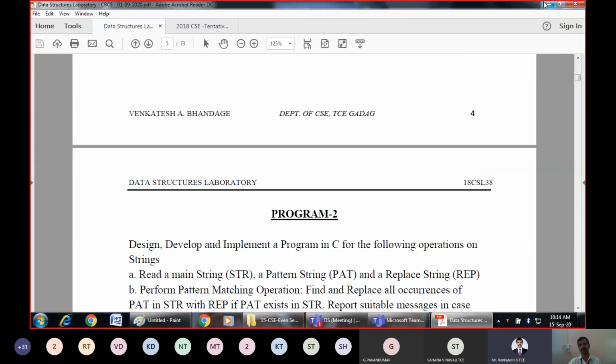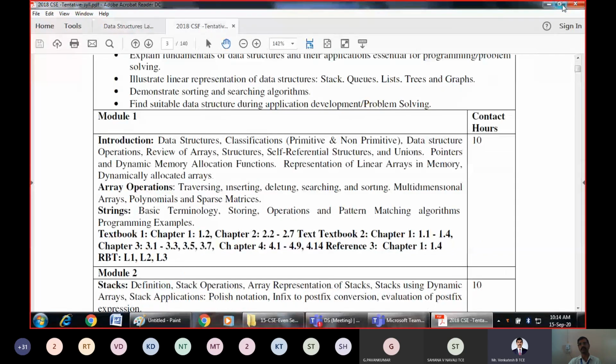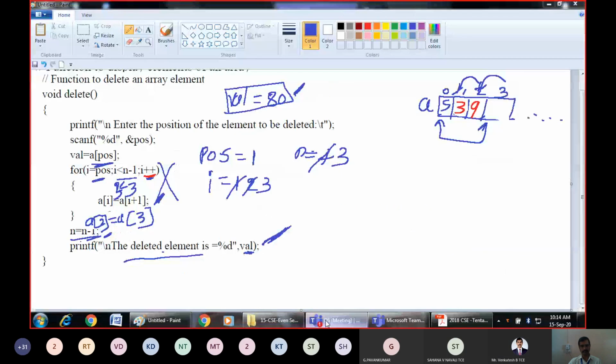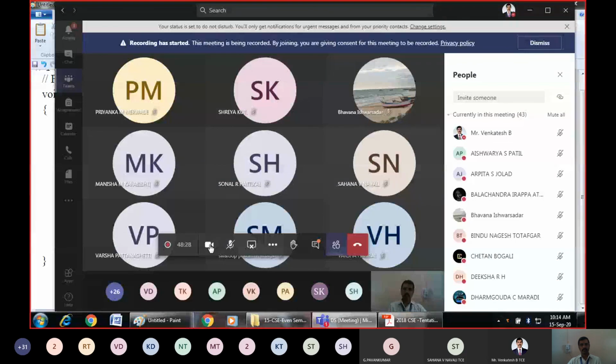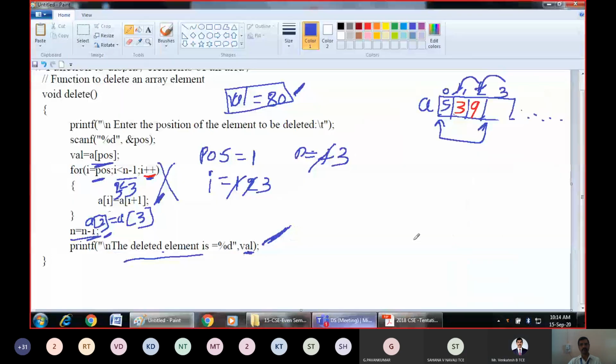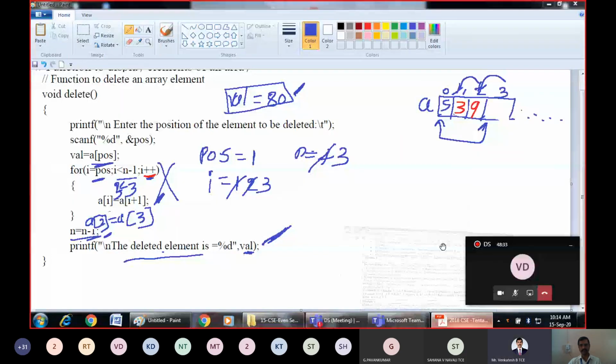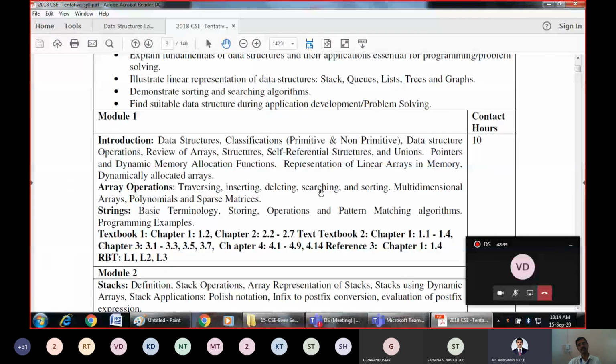We have the next program that we'll see later. Linear search and binary search are the searching techniques I have told you about.